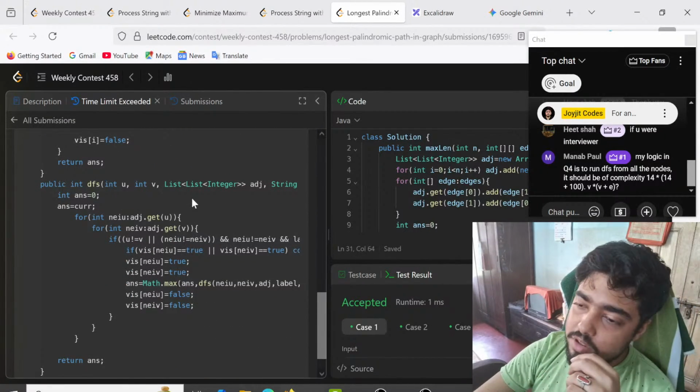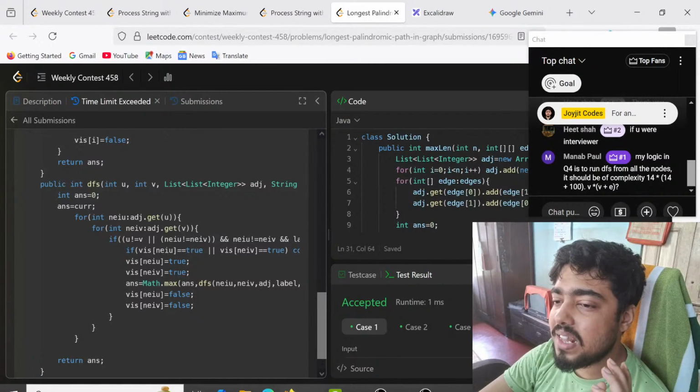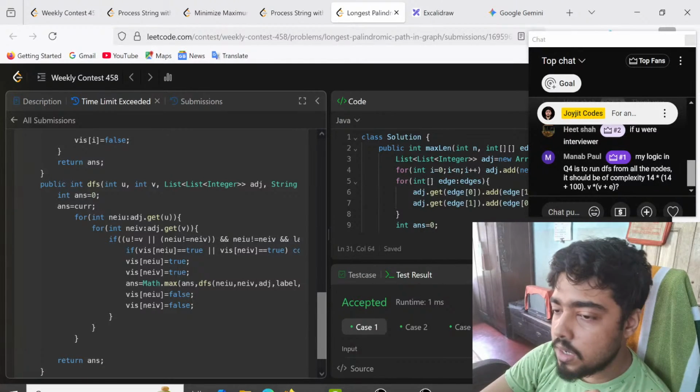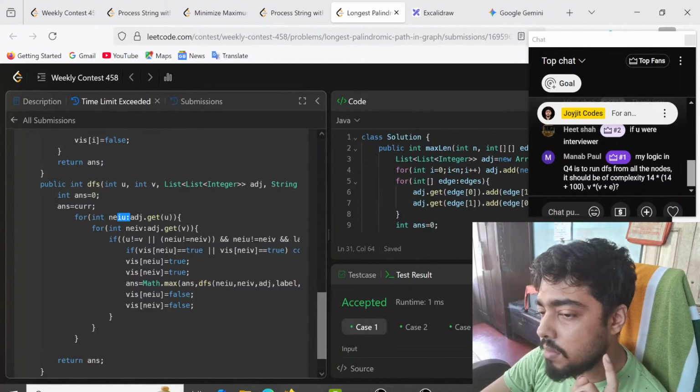Then I am going to go for the DFS. What I am doing for the DFS: answer is equal to current. This is basically nothing but I have just initialized it. It is not needed. You can directly make it answer is equal to current. Not an issue. Then for every neighbor of U and for every neighbor of V, I am going to first